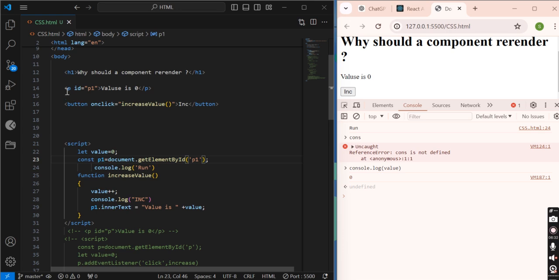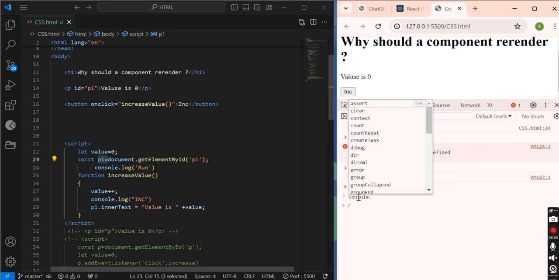It will take this element, access that element, and keep that reference in P1. Let's print that P1 as well.